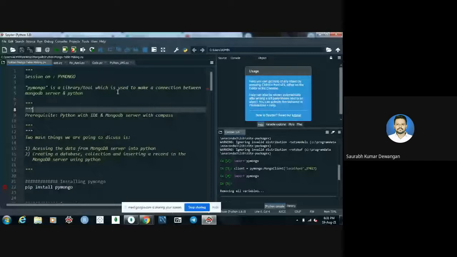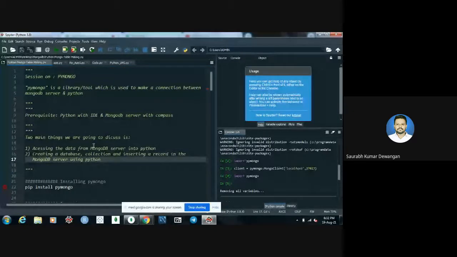Okay. So two main things we are going to discuss in the topic: how to access the data from MongoDB server into Python, and how to create a database collection and insert a record inside MongoDB server using Python. Okay, these are the two things we are going to discuss.